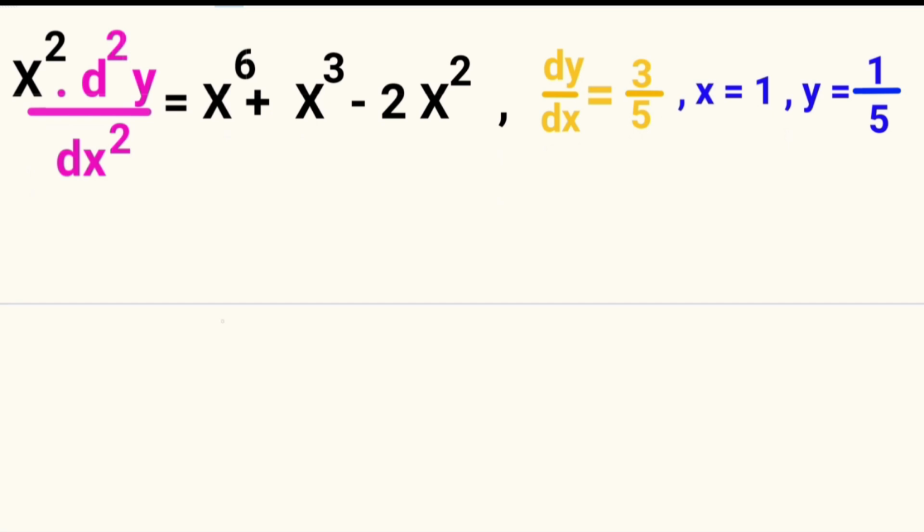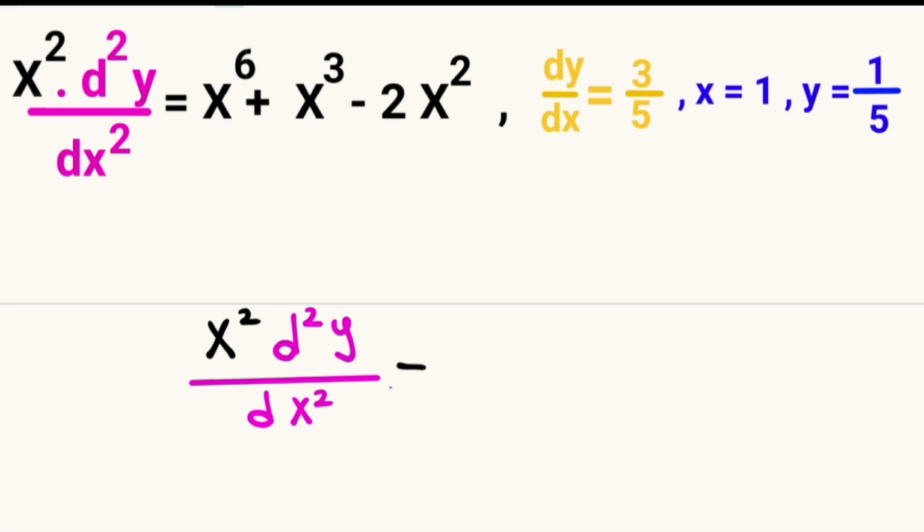We have x squared, which is multiplied by the second derivative of y with respect to x, and this is equal to x to the power 6 plus x cubed minus 2x squared. We divide both sides of the equation by x squared,